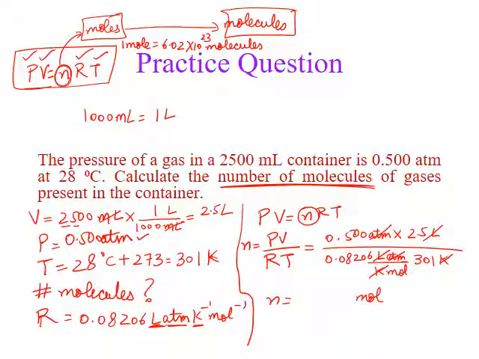If you plug all of this into a calculator, you would get 0.05 moles. Okay, how many sig figs am I looking for? This has 3, this has 3, this has 2. So I want 2 sig figs in my final answer, which means I'll add a 0 right here. So now it has 2. So this would be my final answer.